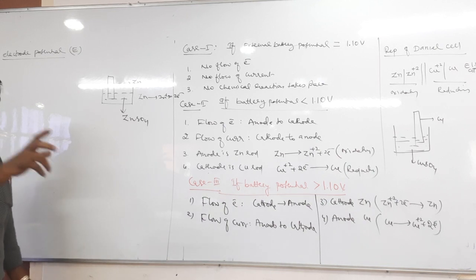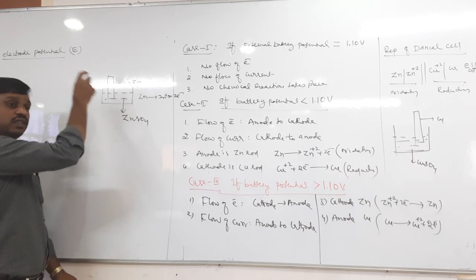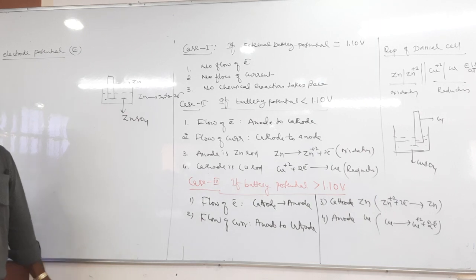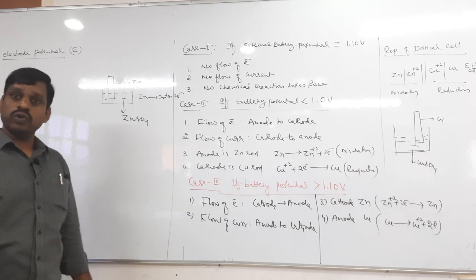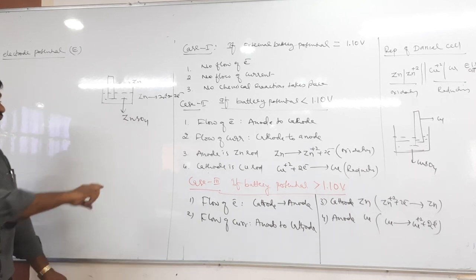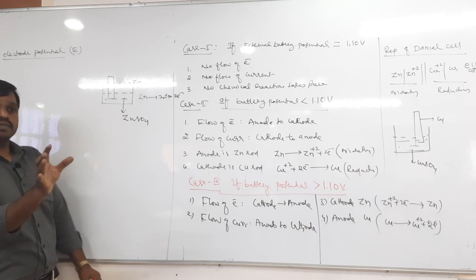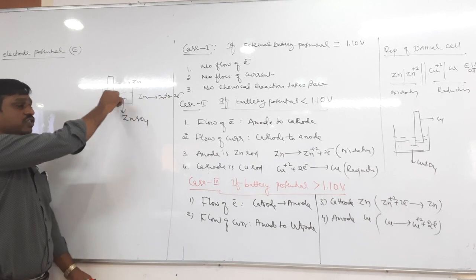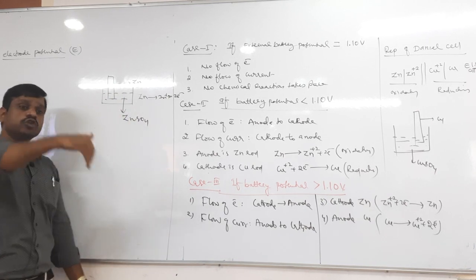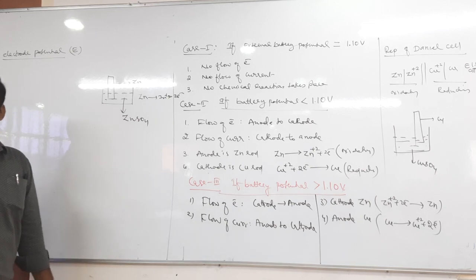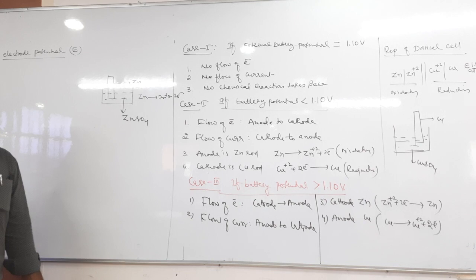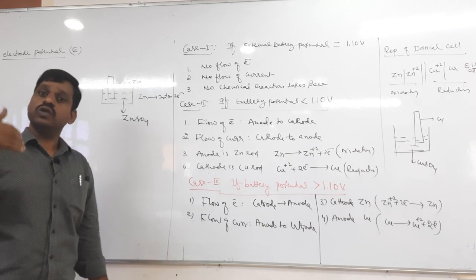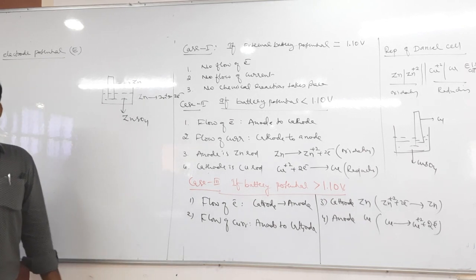Where will the potential difference be developed? On the metal. That potential difference is nothing but the electrode potential. Therefore, it is the potential difference developed at the electrode when the metal and its solution are in equilibrium, and the metal is dipped in its own solution. Electrode potential is the tendency of an electrode to either lose electrons or gain electrons.